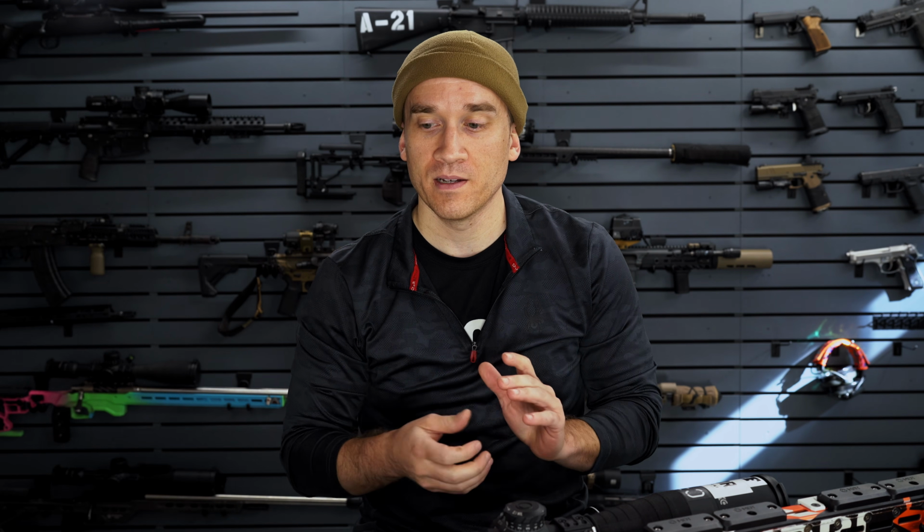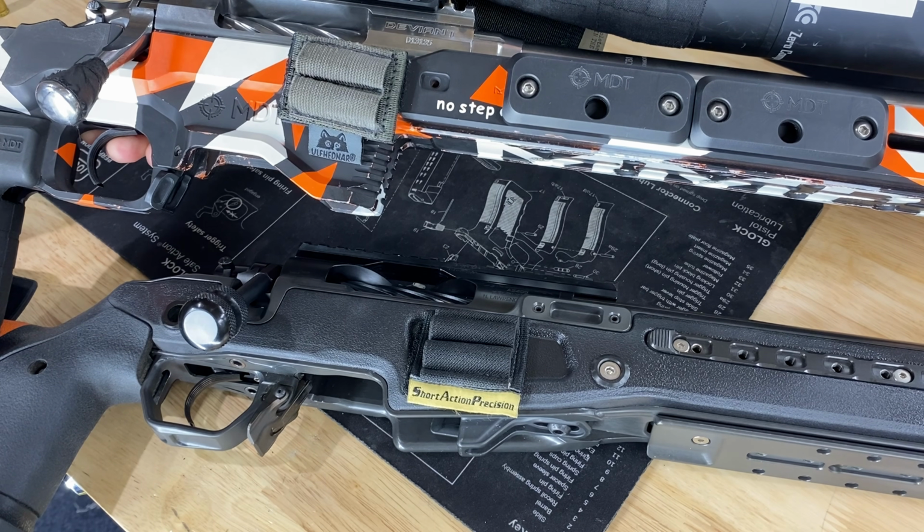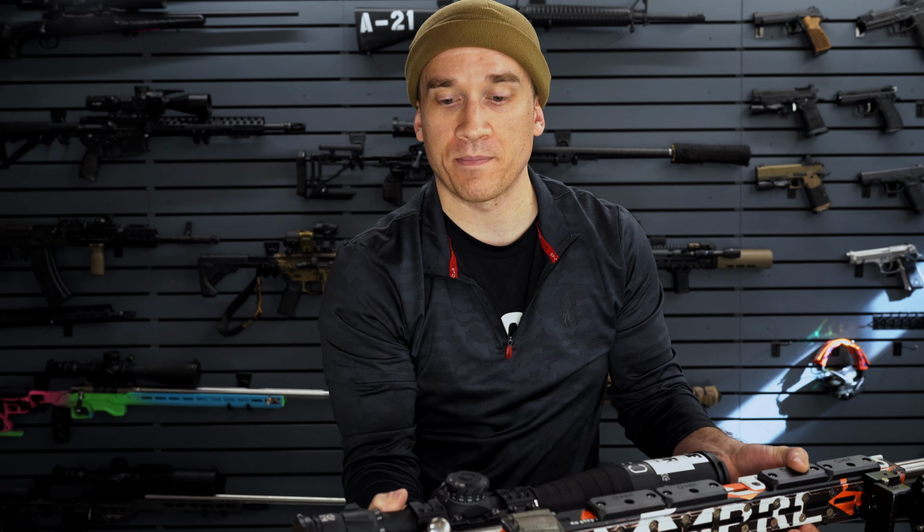The availability of pre-fits is something I almost made one of the core components, but there are just so many now that I would call it secondary. How you want to attach your barrels. For example, this Kelbly here was installed by gunsmiths, so he did all the head spacing and spun the barrel on, and that's done, and I don't have to think about it. But with the 6.5 here, where I replace the barrel more often, you can see that I have the Remage system, which is a Savage style barrel nut that allows me to swap the barrels quickly